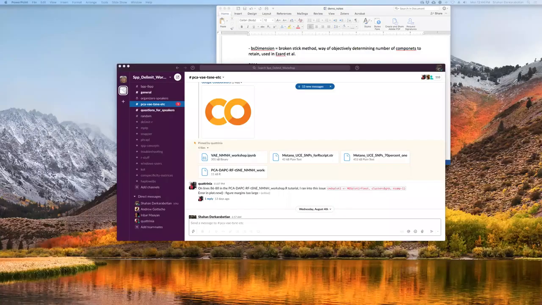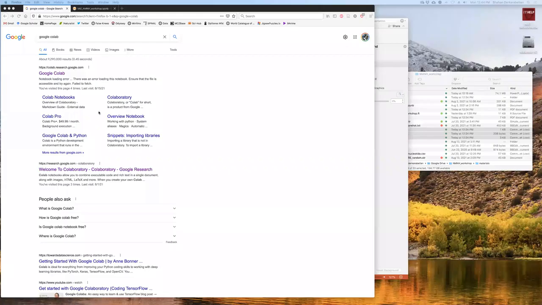Okay. Switching again to demonstration. This is going to be in Google Colaboratory. If you haven't used Google Colaboratory, the benefit of this is that you don't need to install anything. Okay, so hopefully you can see.